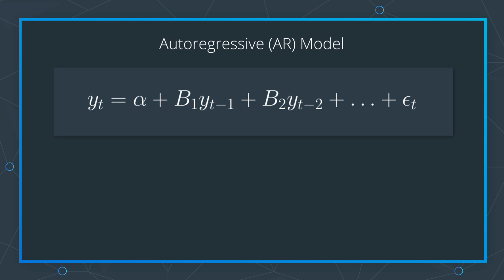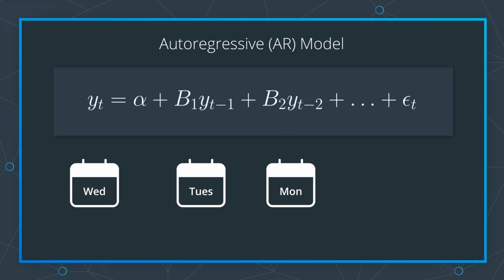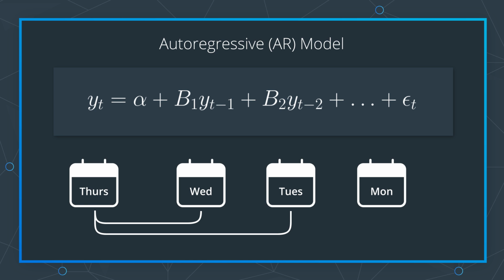Let's see how we prepare the time series data to feed it into an autoregressive model. As an example, our AR model will use the previous two values to predict the current value. For example, if we have daily data for Monday, Tuesday, and Wednesday, then we use Monday and Tuesday as the independent variables. We also define Wednesday as the dependent variable that the model tries to predict. Then, when we move on to Thursday, we use the previous 2 days to predict Thursday's value.